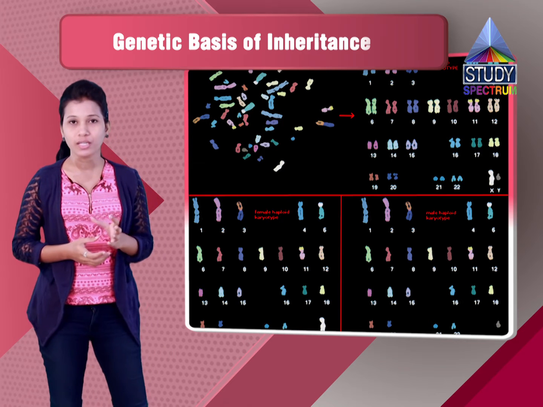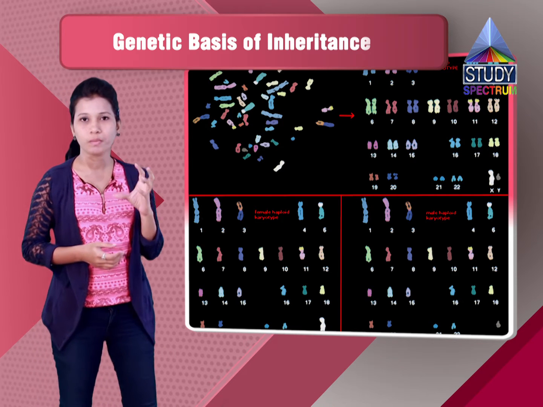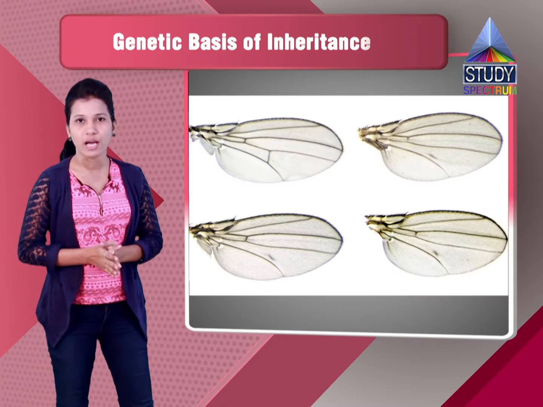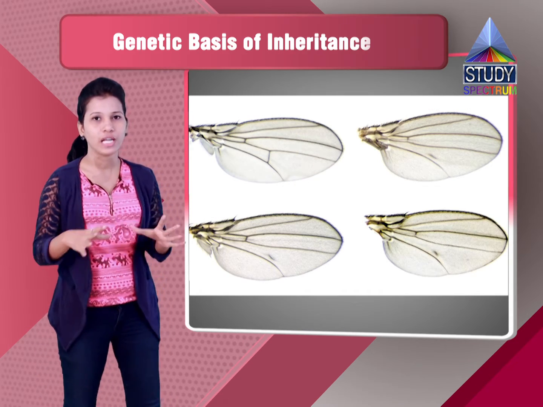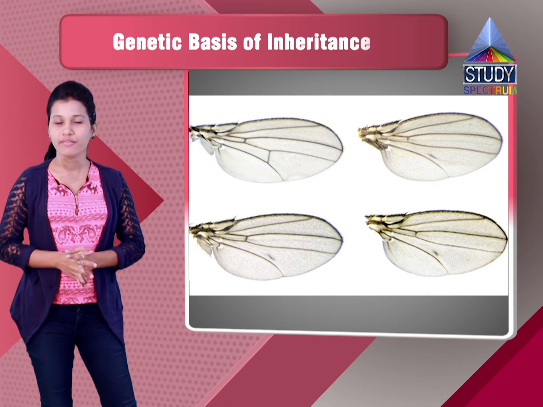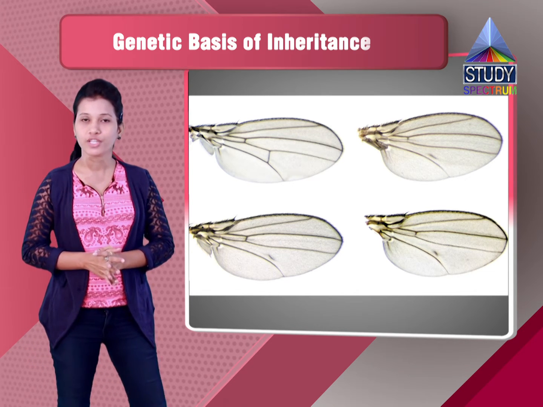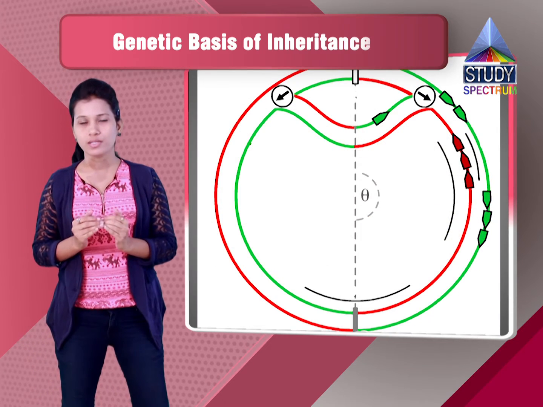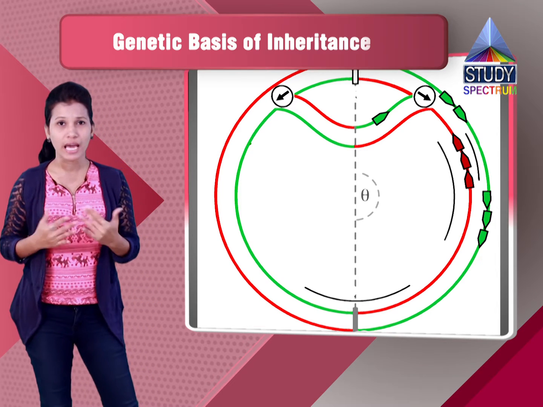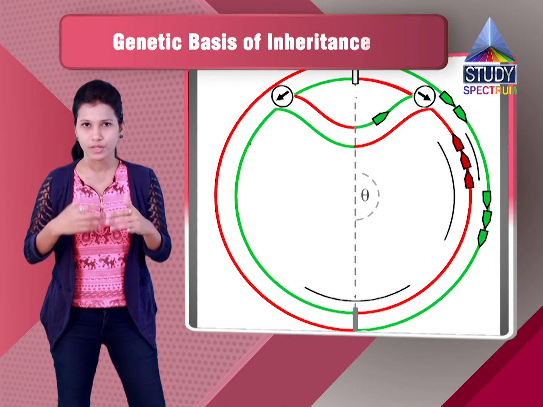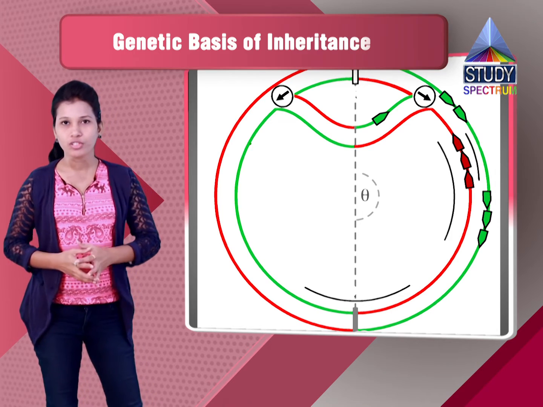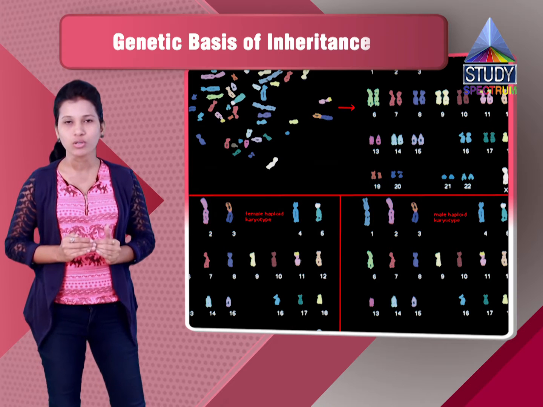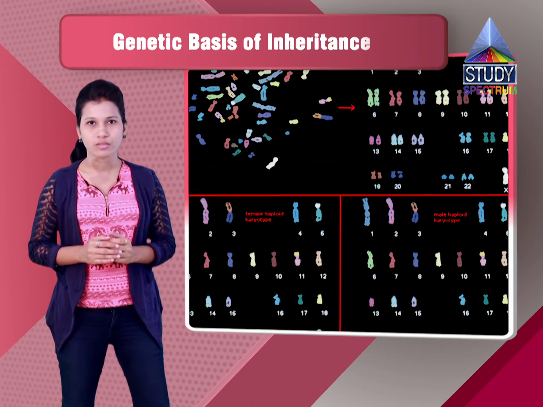So the gene which is there, which will be the dominant one, which will be the normal one. For example, if you take the Drosophila, the wings of the Drosophila are of different types, and these different types of wings will be having different phenotypes or different genotypes. So the genes which are there, they are occupying the same gene locus, and they are having variations in the genes. So they are called two or more alternative forms of the genes which are present on the same gene locus and representing the same character.